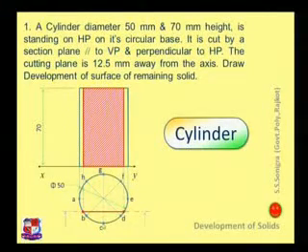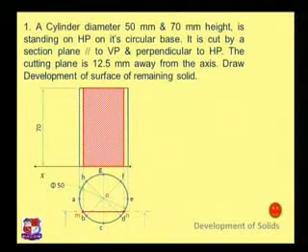So once we look from the front side over here, this is the cut portion. It is also the true shape of the cut section. If we cut this solid like this, then it will appear as a rectangle in front view. Now we have to draw what should be the development of this cut solid.